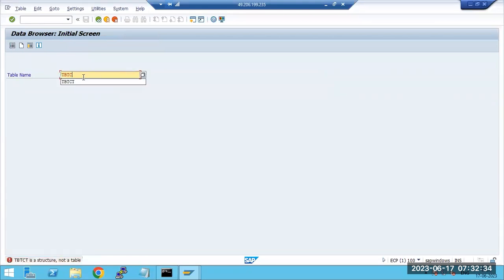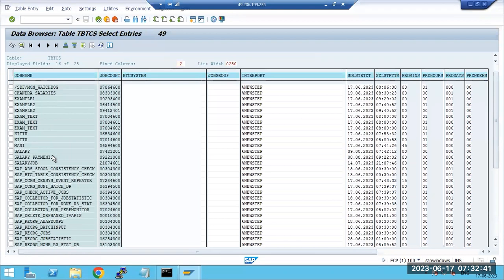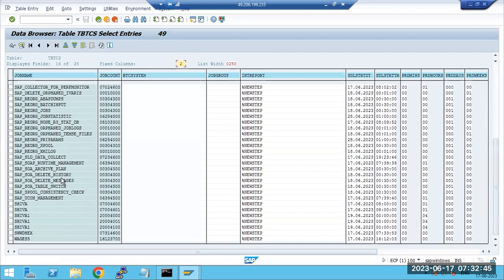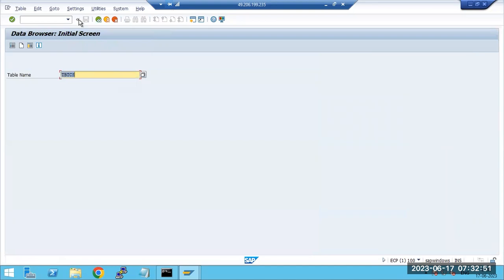TBTC is not a table, it's actually a structure. Go here, and you can pull all the jobs in the system. If you create one job, that job will be stored here at the table level. So that is the TBTC star tables.